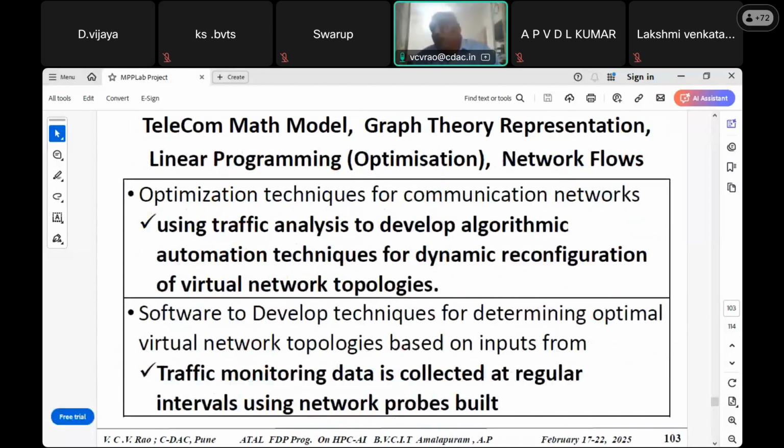Because if a major event happens in your colony, you get a lot of telephone calls going and coming. If any catastrophe happens, maybe two days ago in Delhi, there was a stampede at the railway station, so many phone calls will go, so much data moves. That is called burst traffic data. How do you simulate it? What I'm trying to tell you is that the telecom application, the weather application, as well as